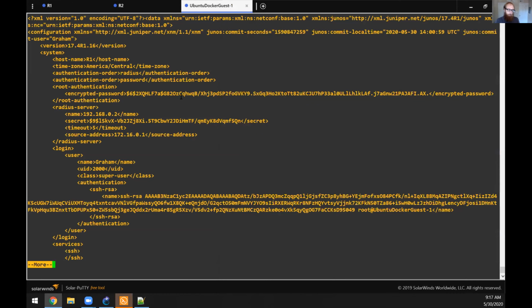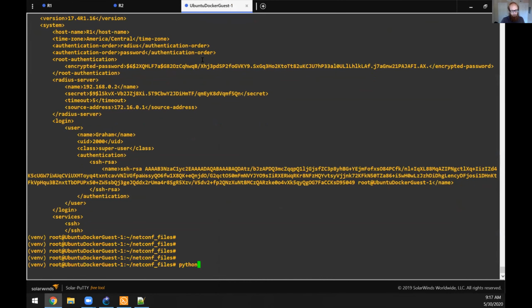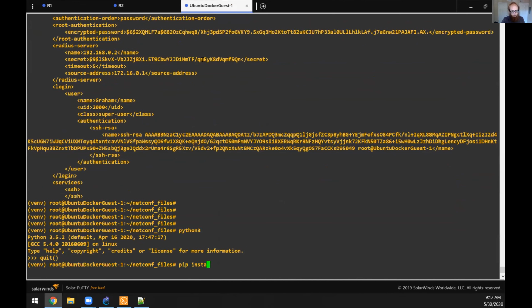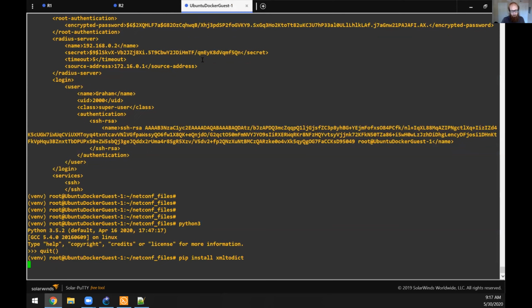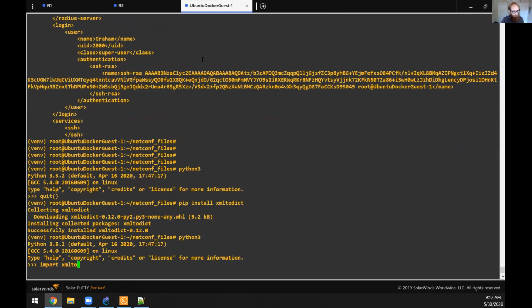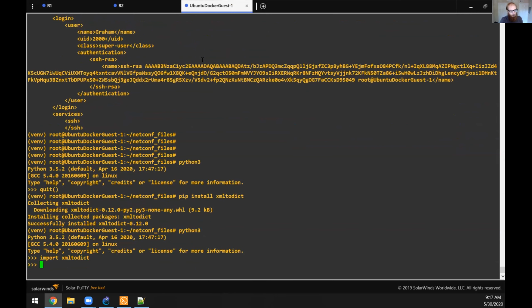And then the other thing that's really nice that I will show is if you go into Python, let's do a pip install xmltodict. There you go. And now a Python 3, import xmltodict. And then we're going to go with open R1